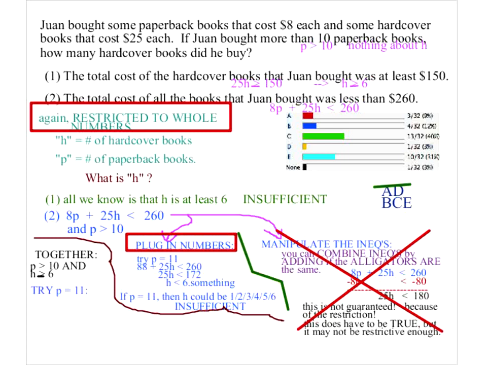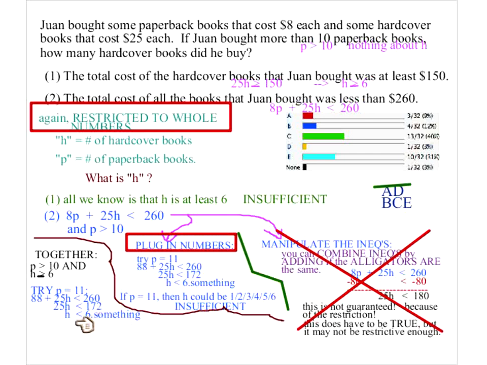This is the same analysis that we had before. Let's do it. 88 plus 25H is less than 260. 25H is less than 172. H is less than 6 point whatever. The only H that does this now is 6. That's the only H that'll work